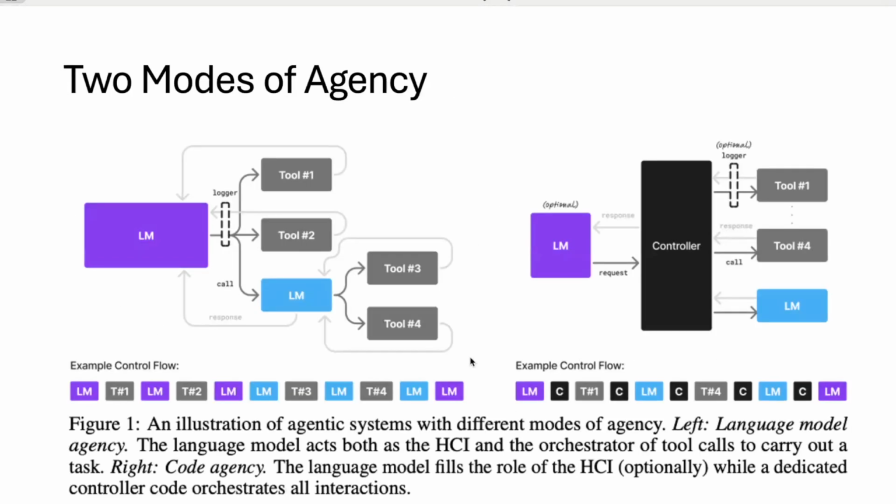In this paper, they also mention two modes of agency. This is what we think of as the AI agent. It usually starts with a language model, which could be a small or large language model, and this language model is able to do tool calling, for example a list of tools hosted on MCP. Some tool can be just another language model call, and this specialized language model will also have its own specialized tool calling related to that task. So this is one agency mode.